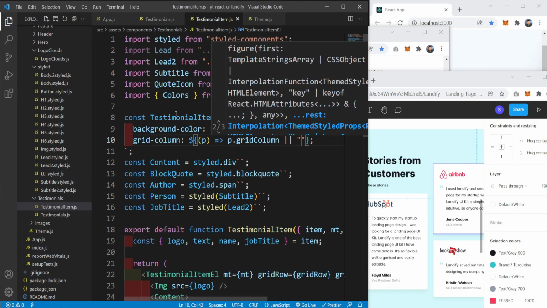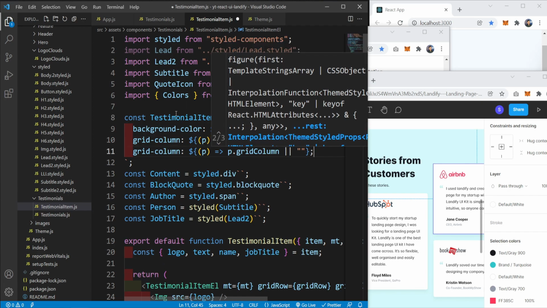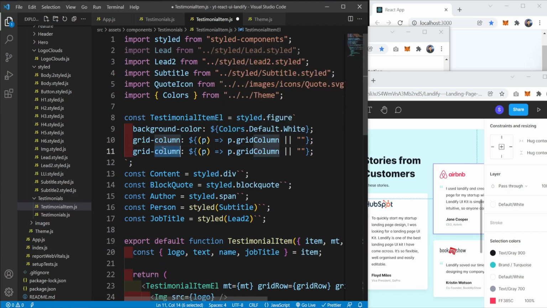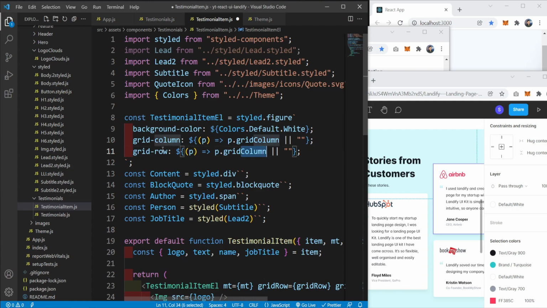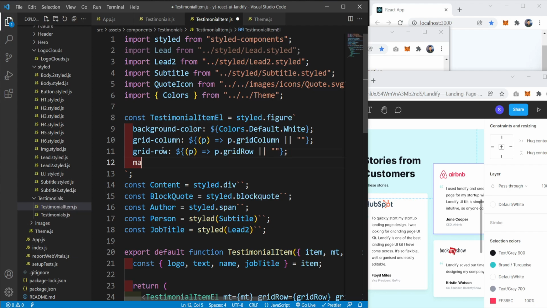Or let's say something like this. If it doesn't exist, use that one. It's going to be grid row, and this one is going to be grid row 2. Just like this. For the margin top, we should use something like this. MT